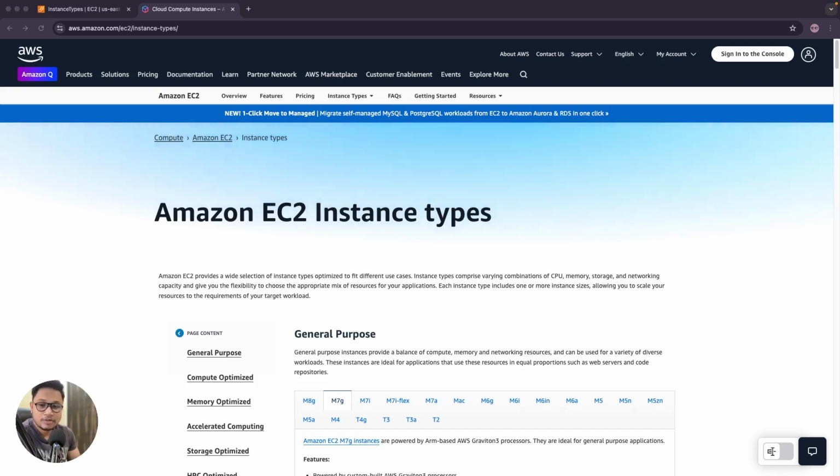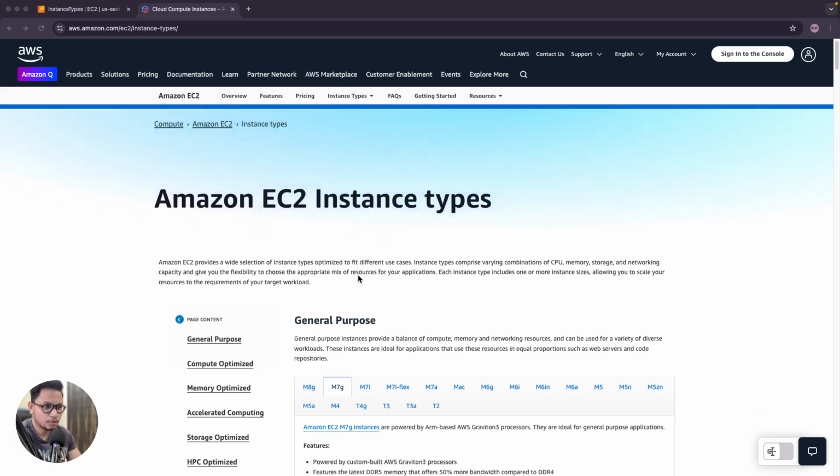So the other day I was going through the instance type list, and I'll be showing you in a moment. I saw some supercomputers, you can say, and the hourly rent that you have to pay if you are using those instances is crazy. So in this video, I will be showing you a couple of those, and just to set the context,